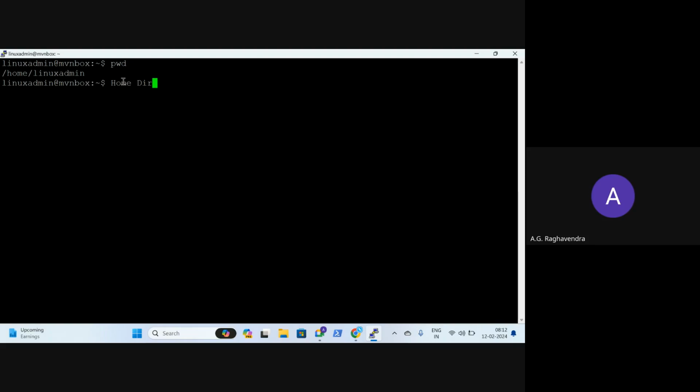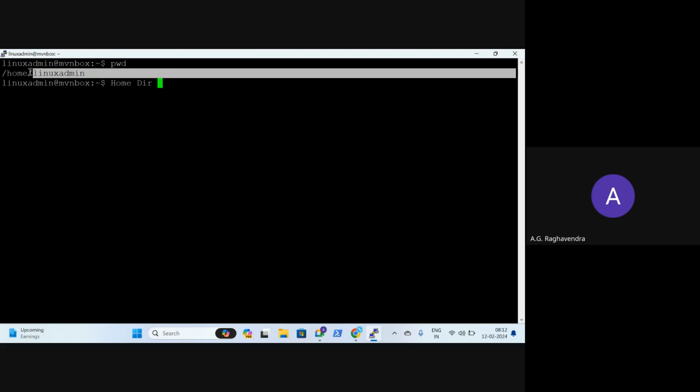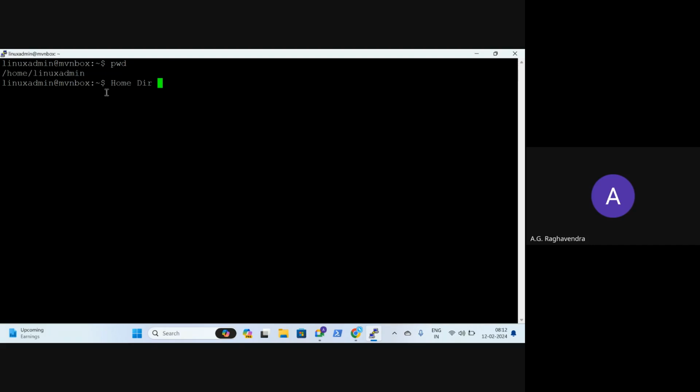Now, one of the most important things: when installing software, most people make this fundamental mistake. They install software in their home directory. When they download any critical data, they put it in the home directory. But unfortunately, all the permissions are given only to the current user, that is Linux admin.